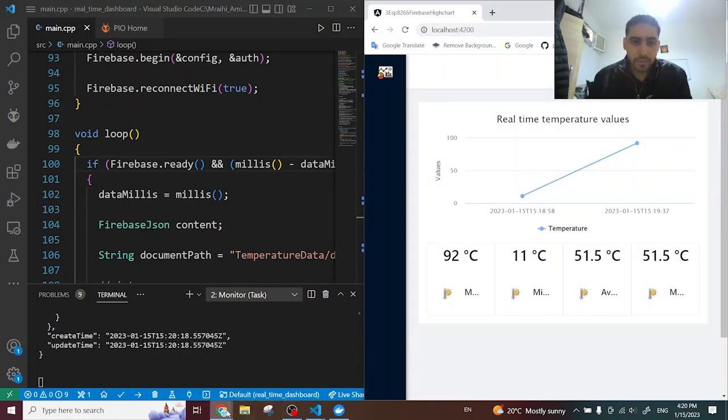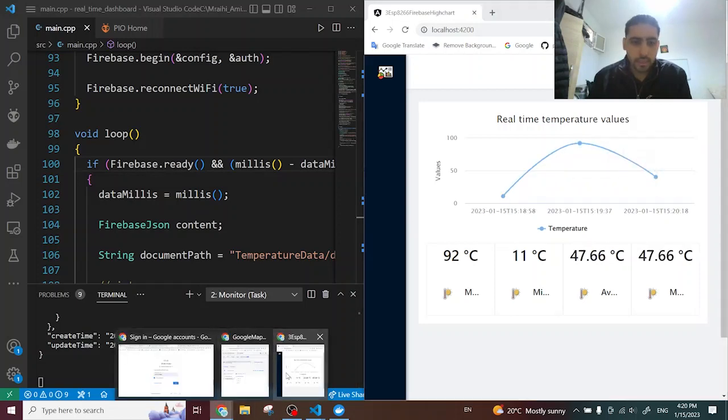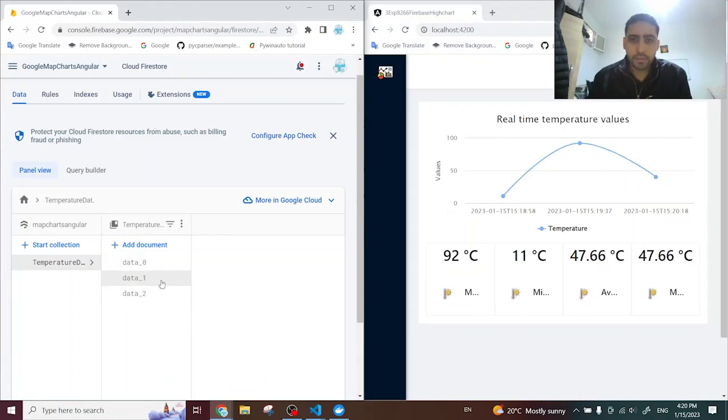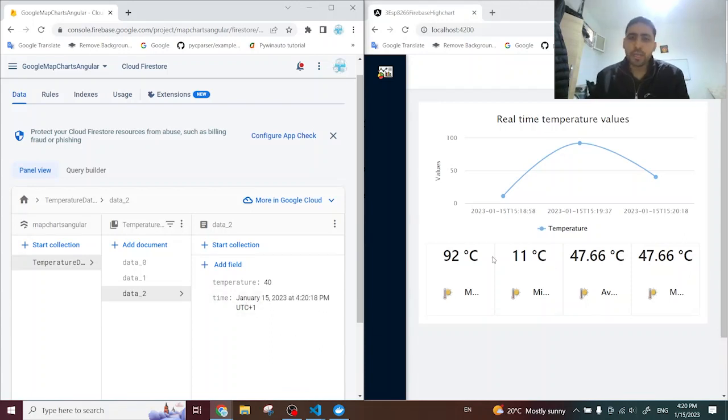We can see in Firebase that it's added now. We can see that it is added also here. We have three data. Here is the 40 value. It was sent at 4 hours and 20 minutes. This way we are sure that our ESP Wi-Fi module